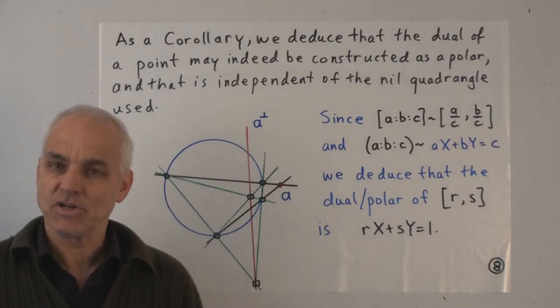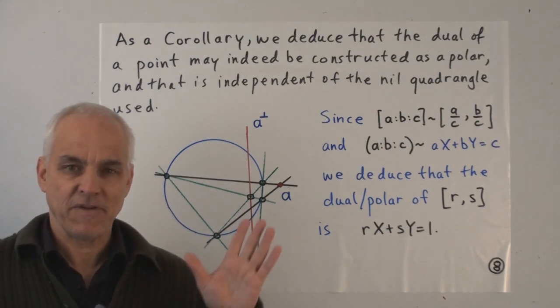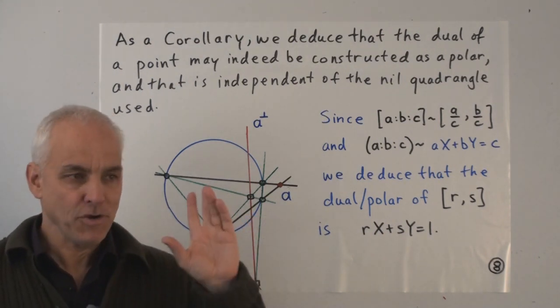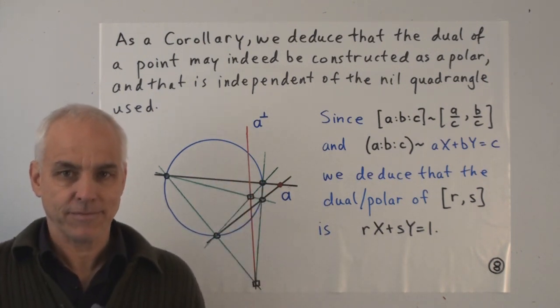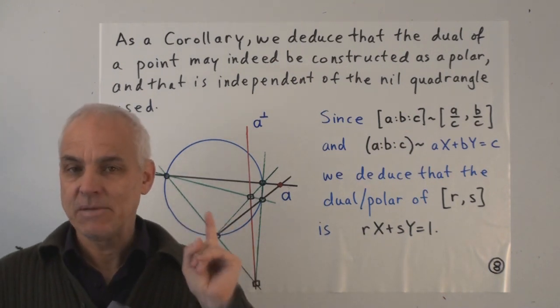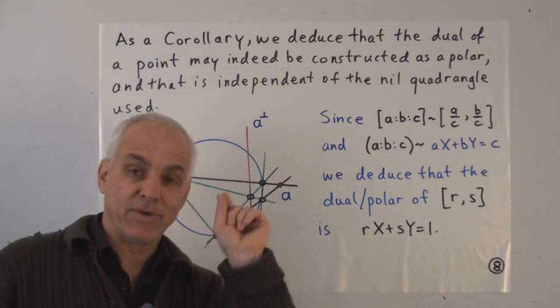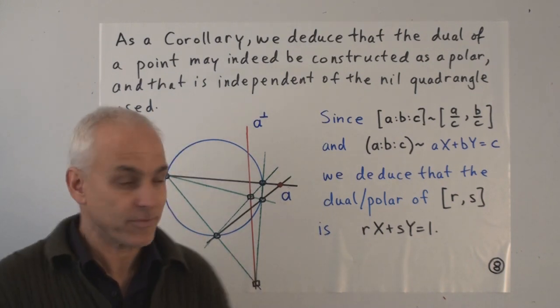So this establishes that our notion of duality, which ultimately was very simple-minded, right? Our notion of duality was just that we're going to change round brackets to square brackets. That's all. But now this establishes that that simple-minded notion of duality is in fact really the same as the idea of polarity going back to Apollonius.